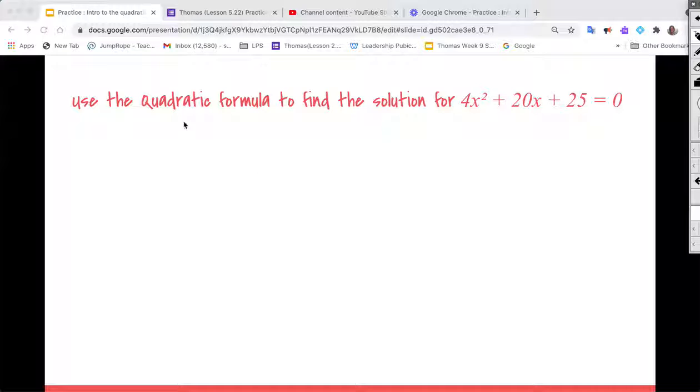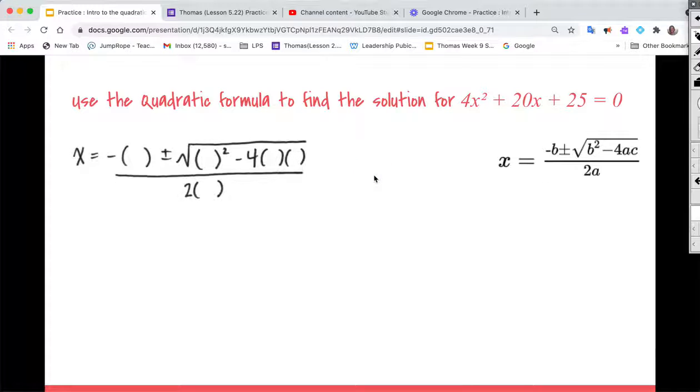All right, so this says use the quadratic formula to find the solution for 4x squared plus 20x plus 25 is equal to 0. As usual, you have to memorize the quadratic formula. So the quadratic formula is x is equal to negative b plus or minus the square root of b squared minus 4ac all over 2a. And I like just filling those into the formula, but before we can do that, we have to be able to recognize the values for a,